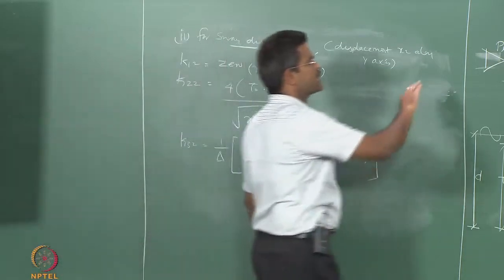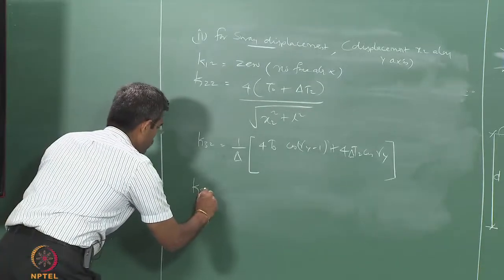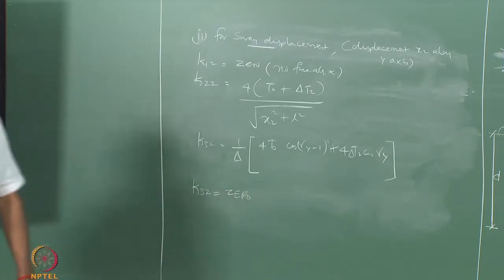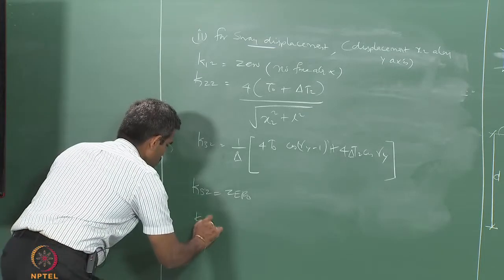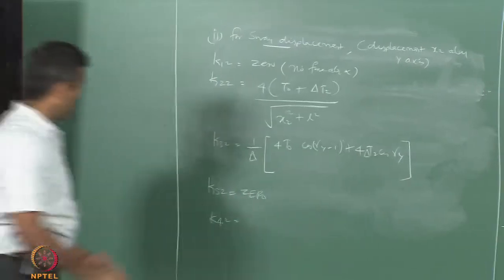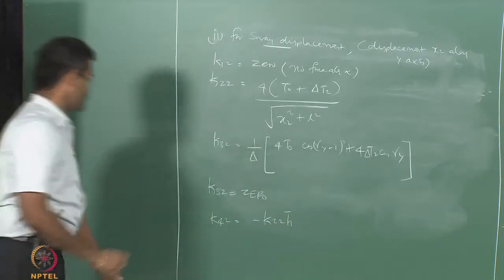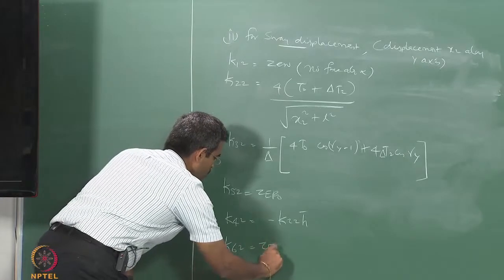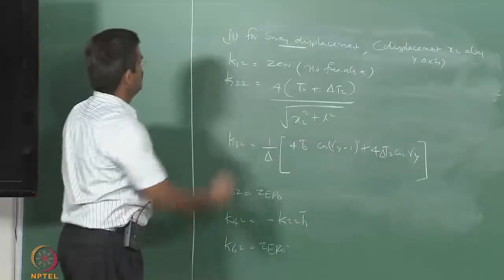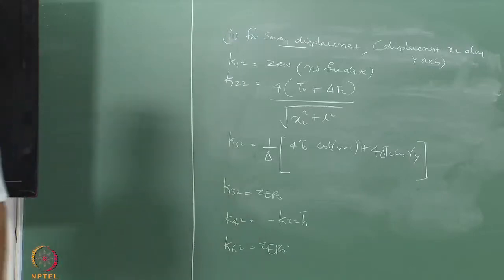Now, I have no force along x, therefore, I will have no moment about y, therefore, K52 will be 0, no pitch, and K42 will be similar to that of the pitch moment earlier, which is going to be minus of K22 times h bar, same as that of the earlier case, and K62 is going to be 0, the platform is symmetric about y axis, there is no movement. Now, I have all the columns. Now, the second column 12, 22, 32, 42, 52 and 62, I have the second column of the stiffness matrix now for the TLP.